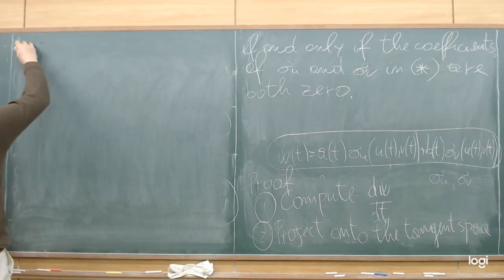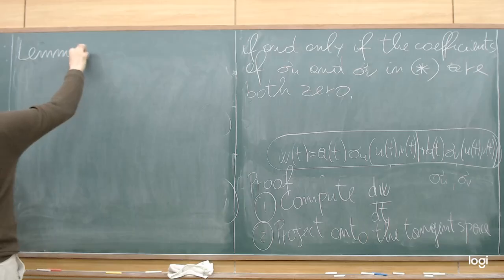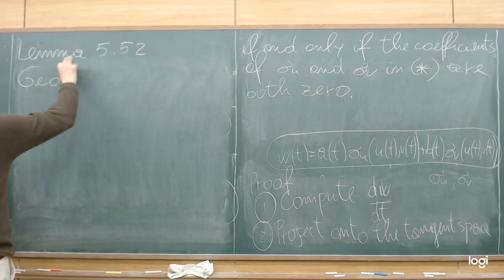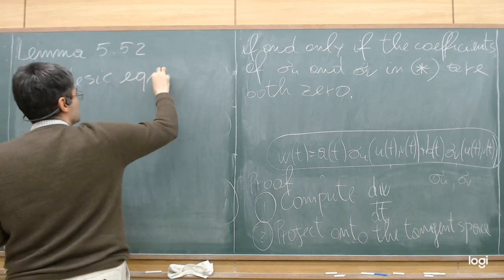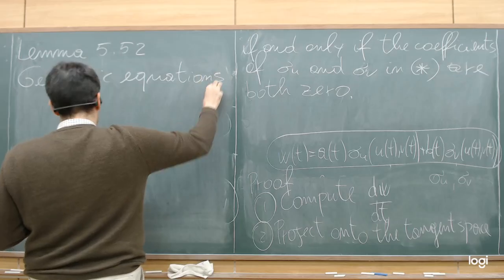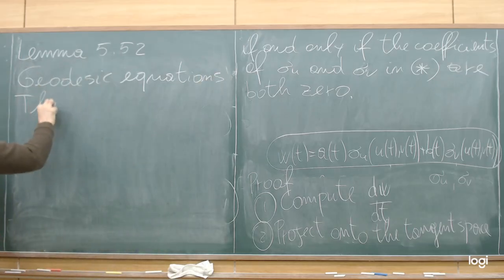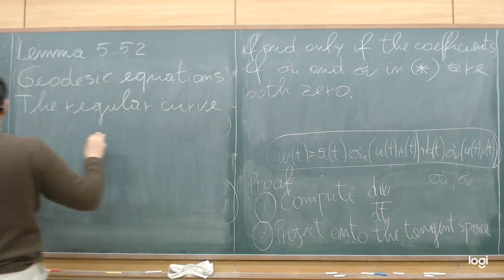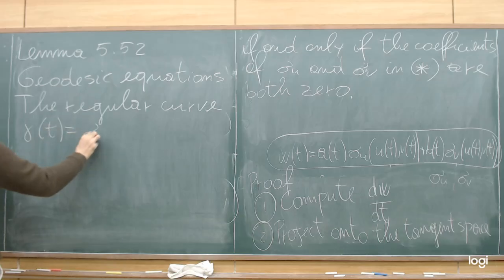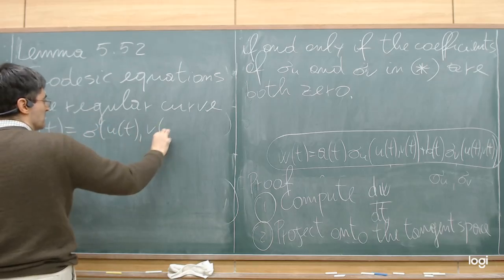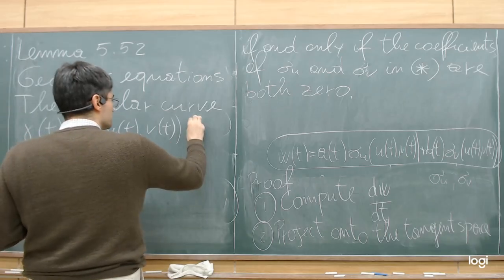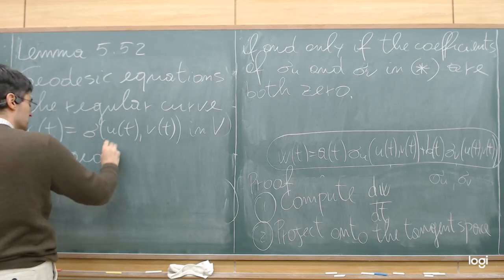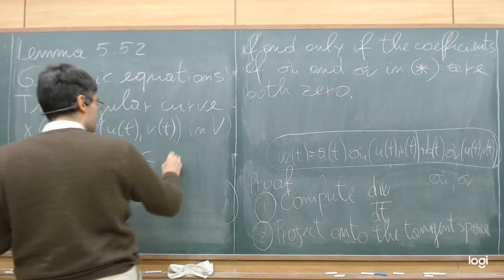What is interesting is lemma 5.52, geodesic equations, which says that the regular curve gamma t equals sigma u t, v t in V is a geodesic if and only if